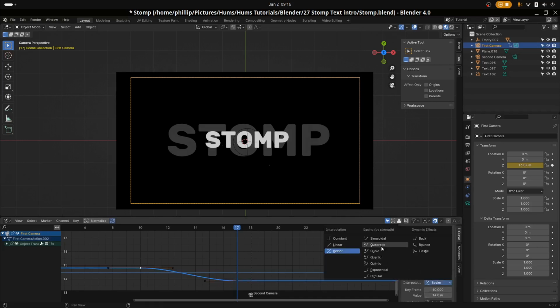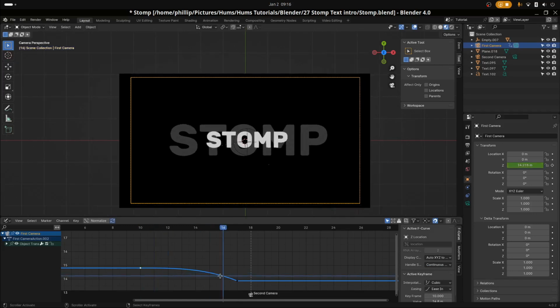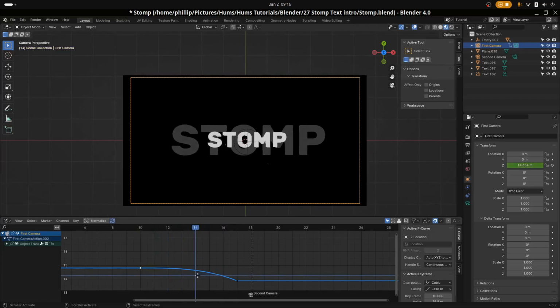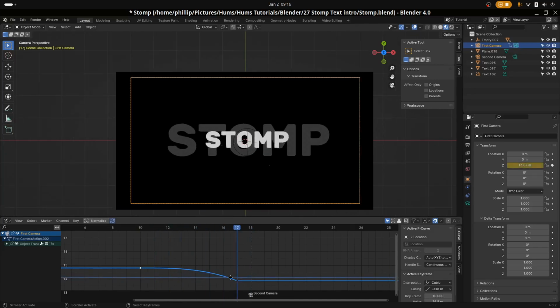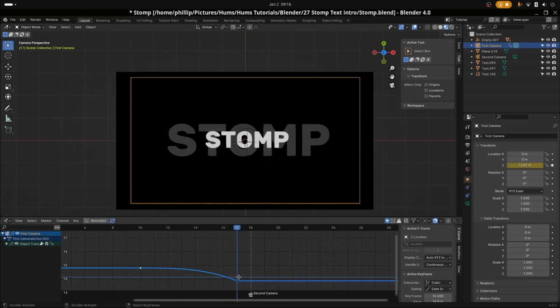Let's use cubic here as well. Good. And we're going to use an ease in. So as we see here, when it zooms out, the animation doesn't slow down when coming to the end of the interpolation between the two frame points, or two keyframes. Yeah, it keeps its speed, and this is important because we're going to carry on the speed to the next